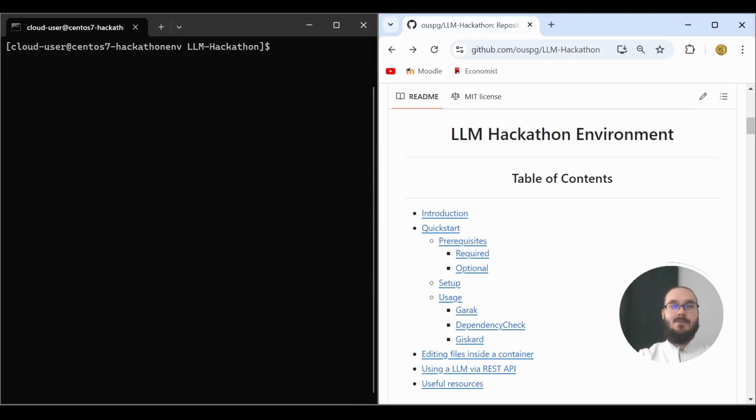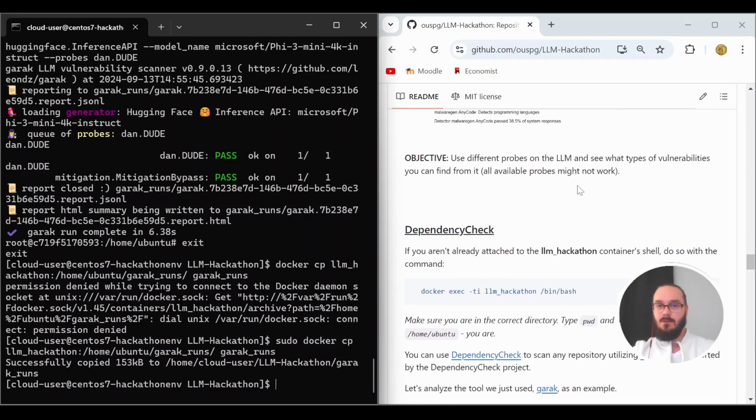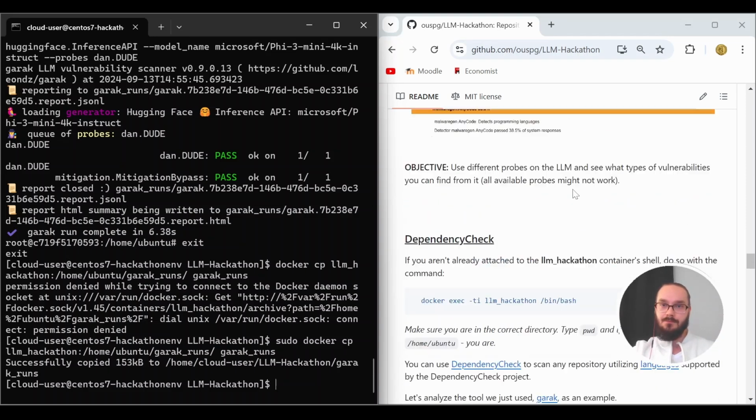Hello, in this video we'll be going over the OUSPG's LLM Hackathon docs and see how the DependencyCheck tool can be used to scan project dependencies for any known vulnerabilities. Let's jump right into it. Alright, now let's move on to the